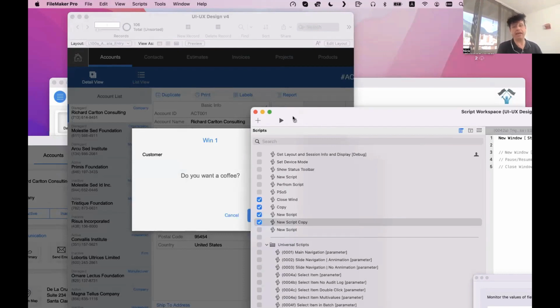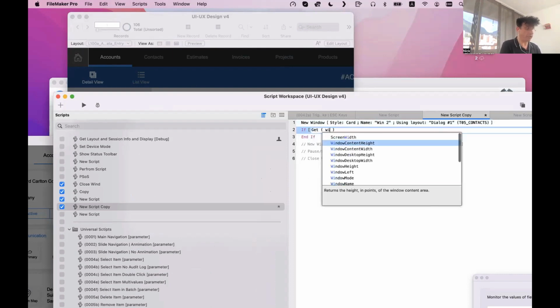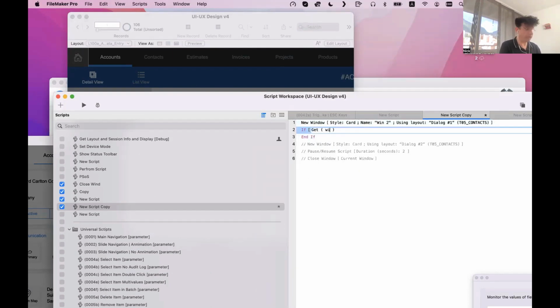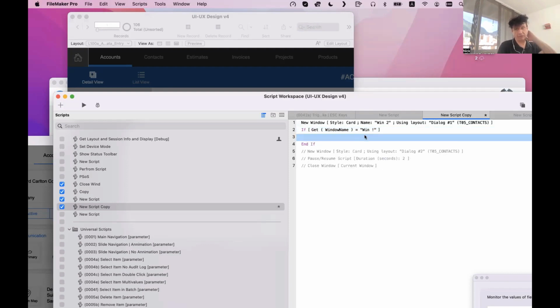Or you can have a script like this: if get window name equal win1, do this, or whatever, right? So you can act based on the name of the window. You understand? So pretty much you have all the advantage of any window name